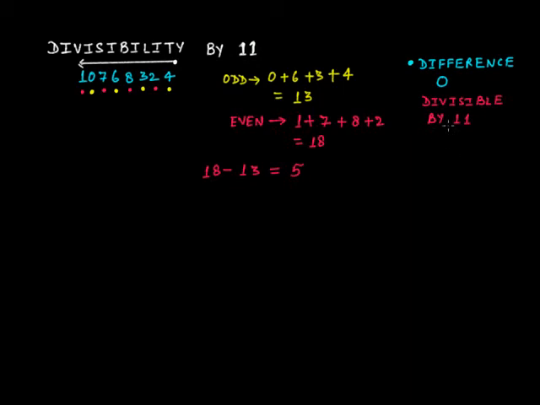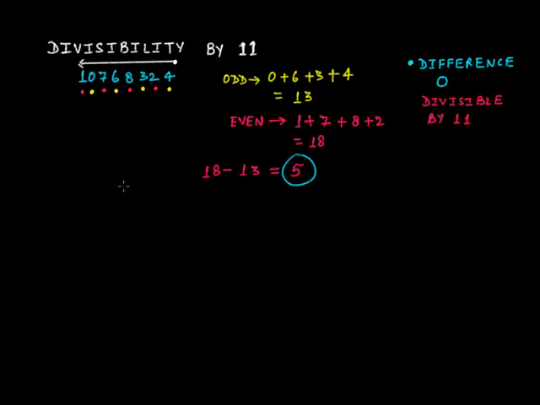In this case, 5 is neither 0 nor is it divisible by 11. Had you got some number that was divisible by 11, then you could say that this number itself is divisible by 11. But in this case 5 is not divisible by 11,